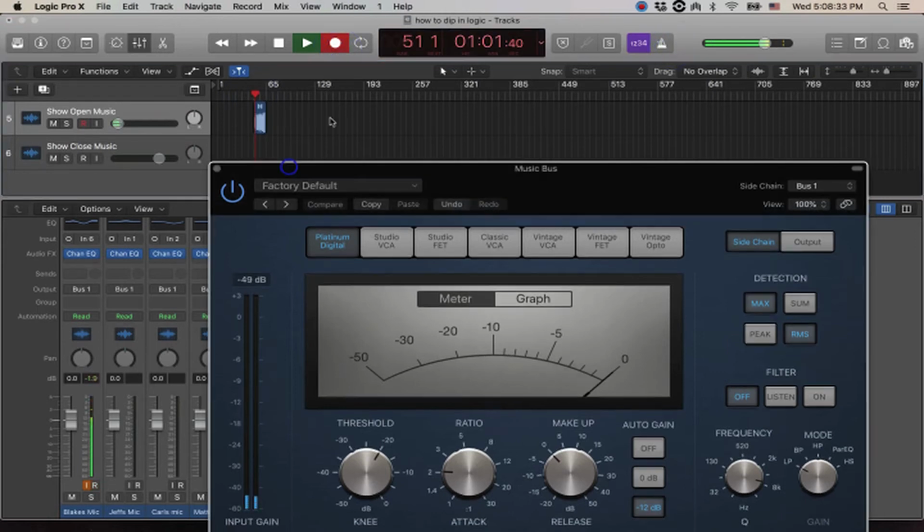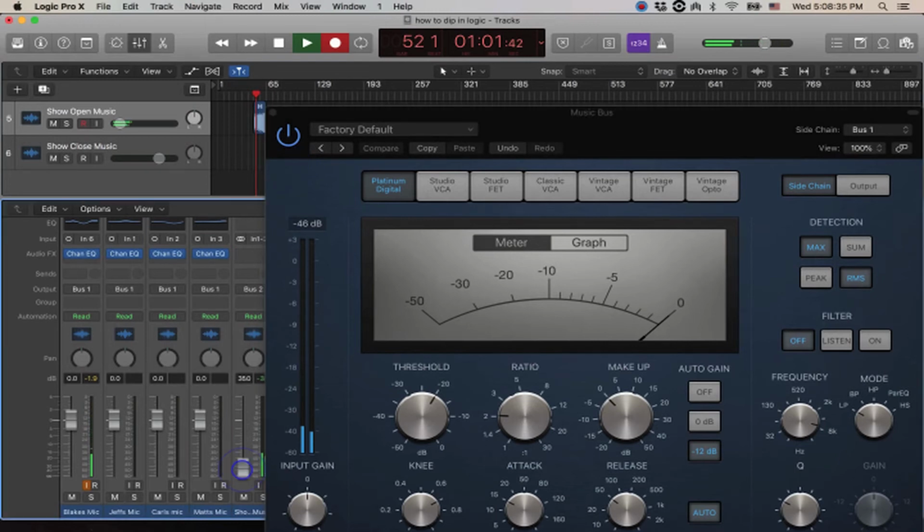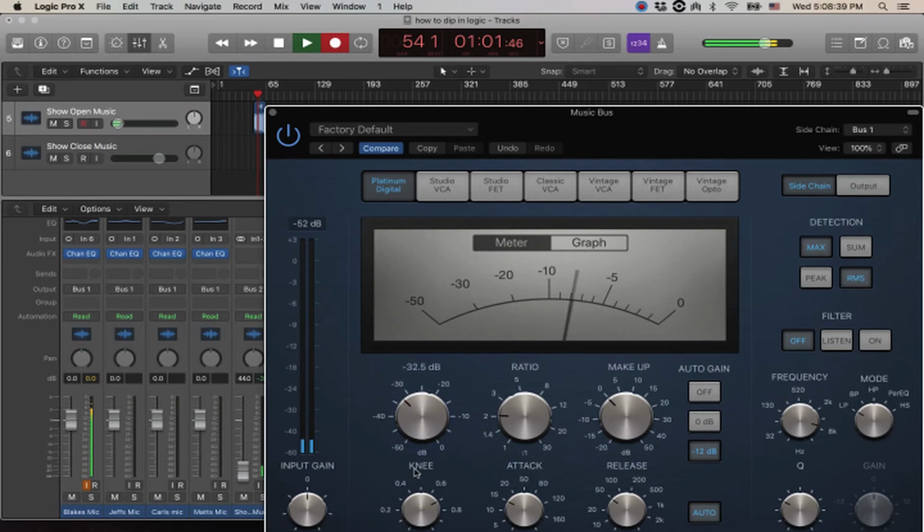Testing, testing. Testing, testing, testing. The more threshold you apply, the further down it will go. The release is how fast it will come back. Testing, testing. Makeup gain is how loud it will be after the compression has happened. Testing. If you want it very aggressive,